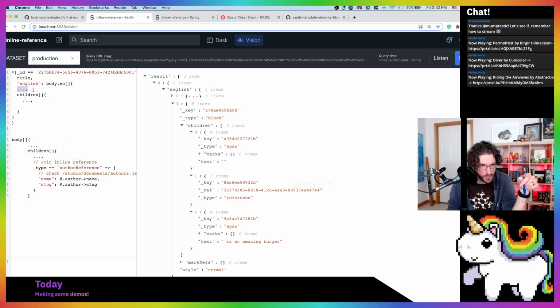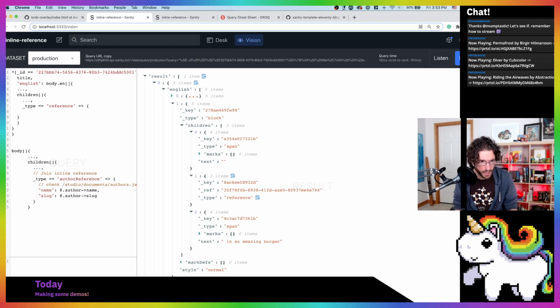And then in the children, we bring back everything, and then we join the inline reference. Here we go. So we check to see if the type equals, in this case, we want the type to equal, we just call that reference. That'll work, that's fine. Type equals reference, then do a projection that brings back